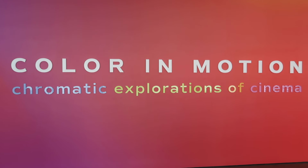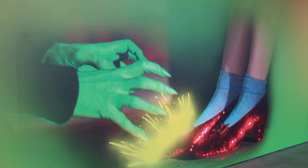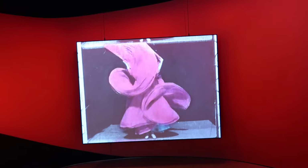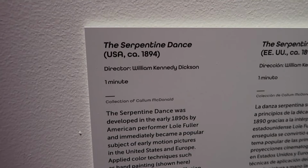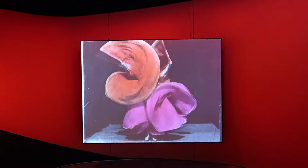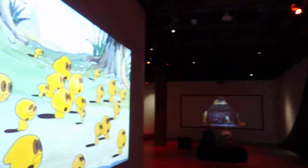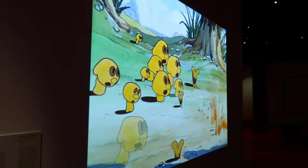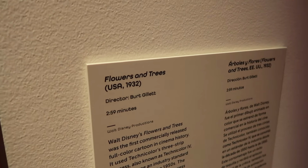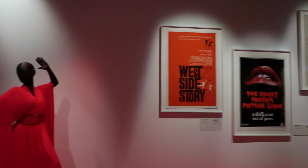Color in Motion, on the other hand, is located on the 4th floor of the museum, so it has a lot more to work with. And this exhibit pretty much goes into the history of color in film, starting as early as The Serpentine Dance from 1894, a movie that I've never even heard of that was in the 19th century and utilized color. It also has on display a lot of posters that emphasize color like Rocky Horror Picture Show and West Side